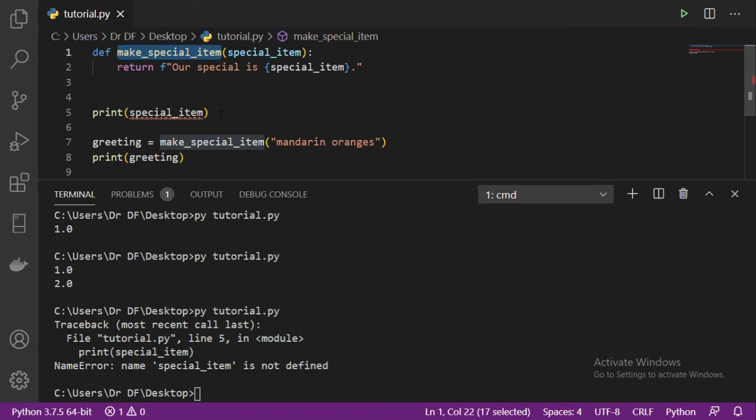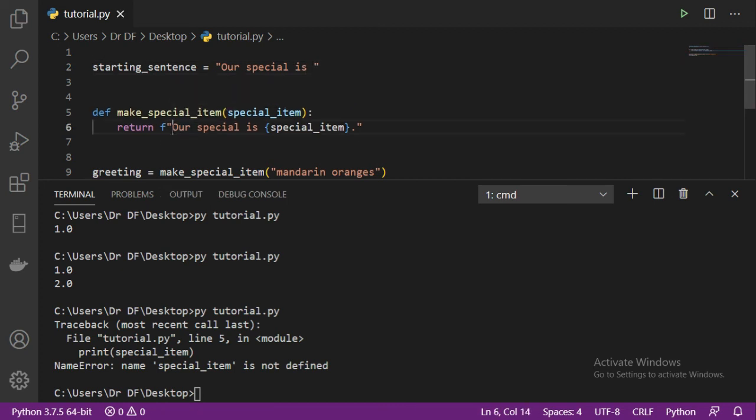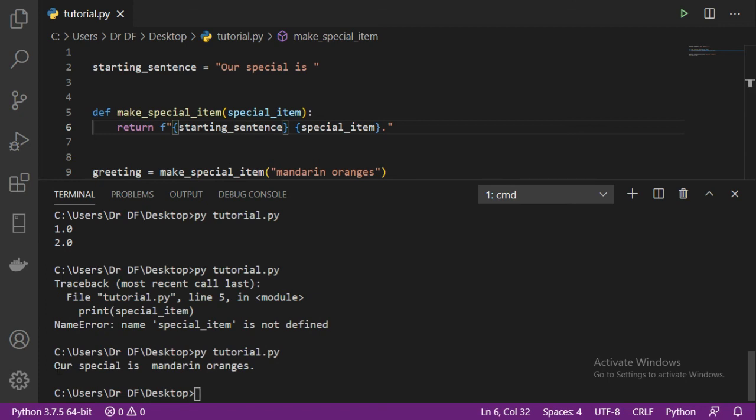so we cannot call it outside of the function. But on the other hand, we can define a variable here, and name it, for example, starting_sentence, and let's set it to our special is, like this. And inside of our function let's delete this and replace it with our variable here, starting_sentence. So let's run this, and it runs properly